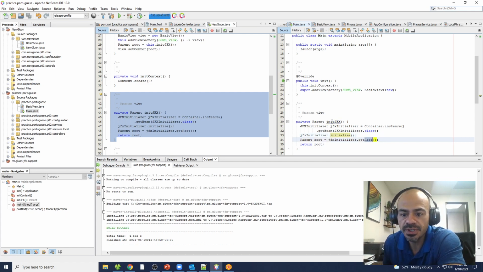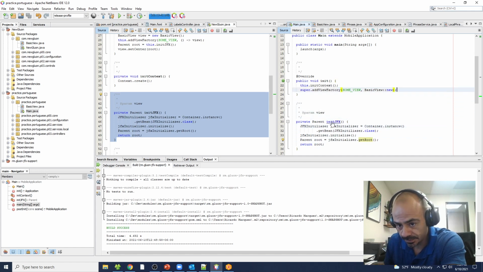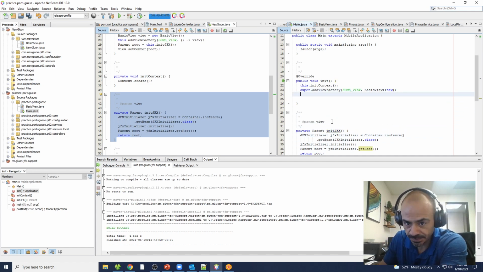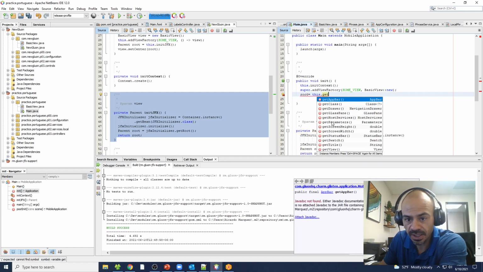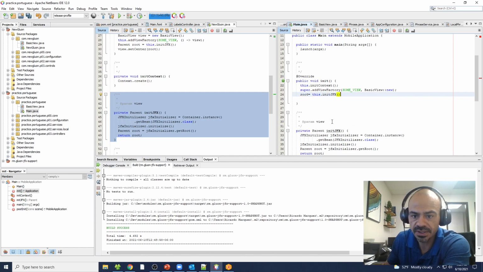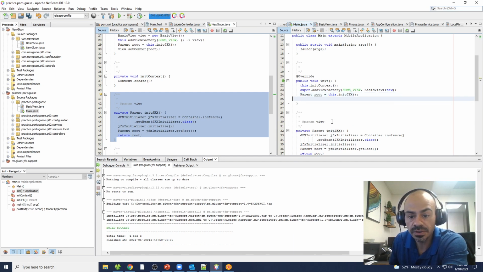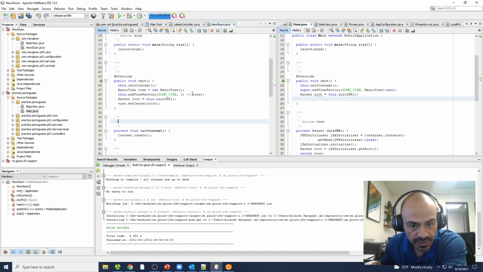And then after that, we're just going to get the root and pass that back to this function. So we'll say init JFX root do local, and then we're going to take this view here, I believe is,